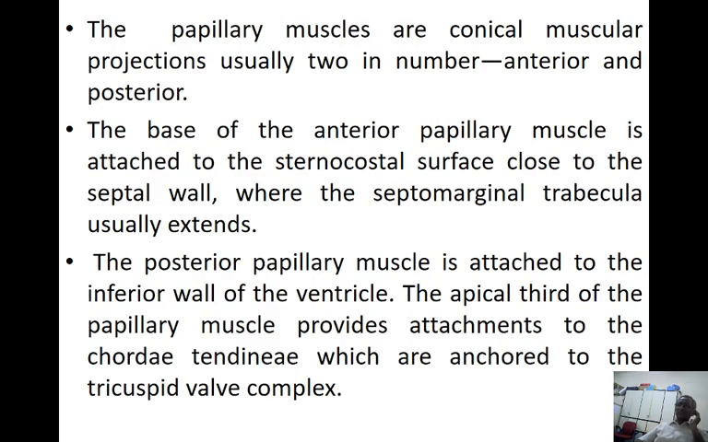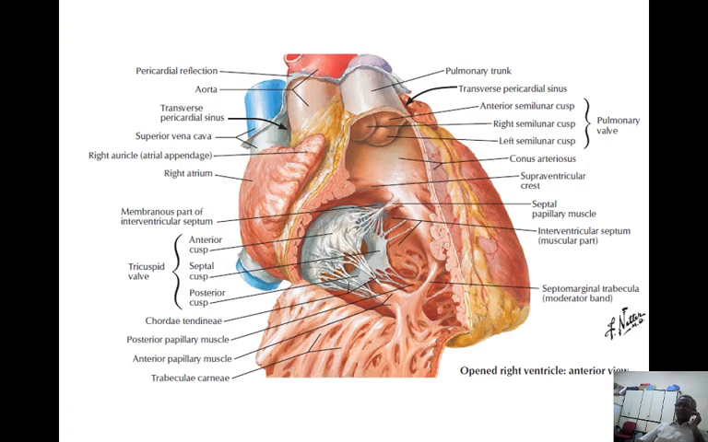So regarding the inlet, you have to talk about the three cusps: anterior cusp, posterior cusp, septal cusp, and then you have to talk about the chordae tendineae, which are attached from the cusps to the papillary muscles, the anterior papillary muscle and posterior papillary muscle. For the anterior papillary muscle, the chordae tendineae are attached to the anterior and posterior cusps, whereas for the posterior papillary muscle, the chordae are attached to the posterior and septal